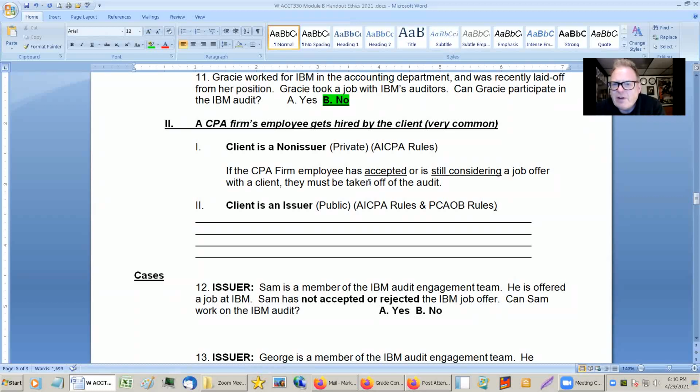Now, if they already rejected the offer, there's no problem. So if IBM made them an offer and they rejected it, that's not a problem. But if they accepted the offer or are still considering,